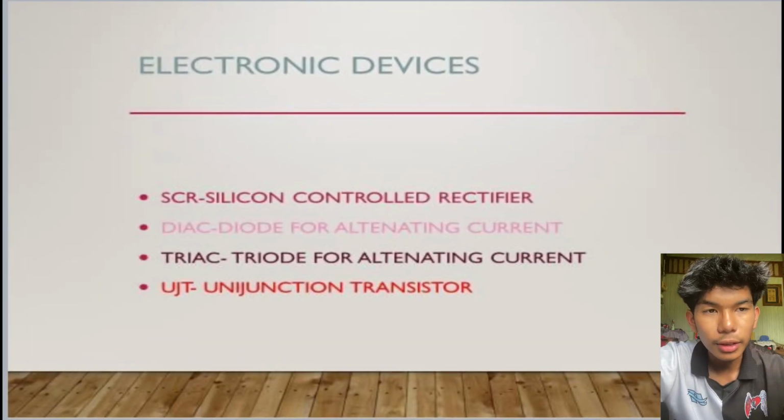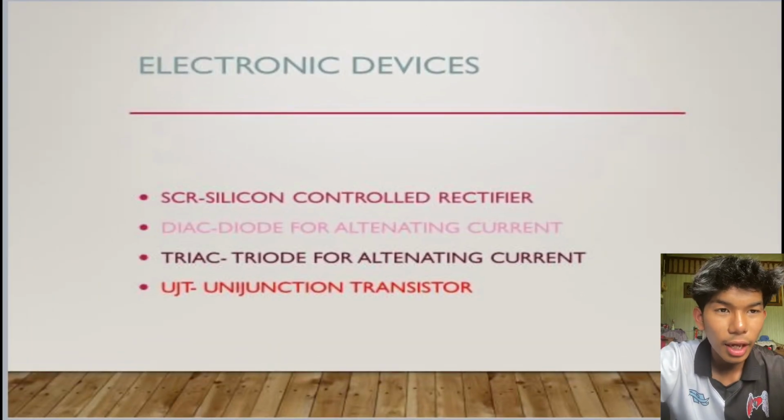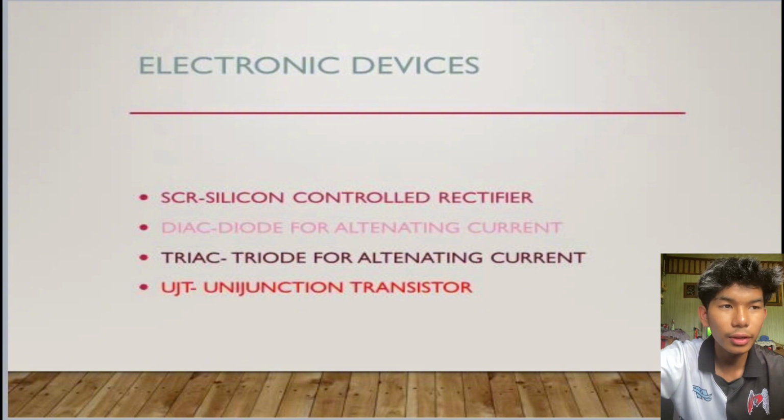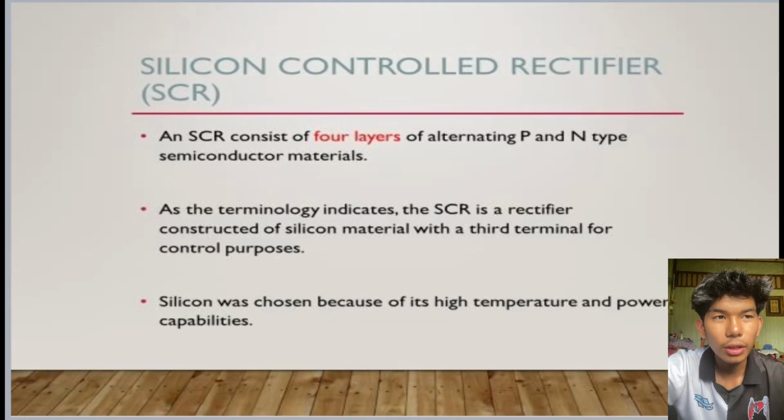Electronic devices have SCR, silicon controlled rectifier, diode for alternating current, triode for alternating current, UJT, unijunction transistor. Silicon controlled rectifier, SCR, consists of 4 layers of alternating P and